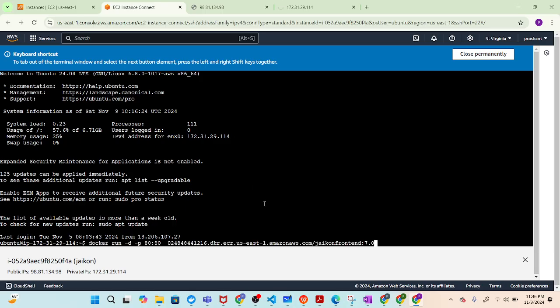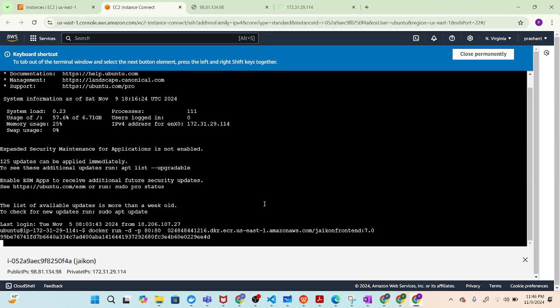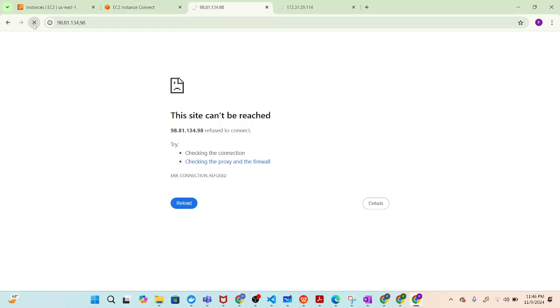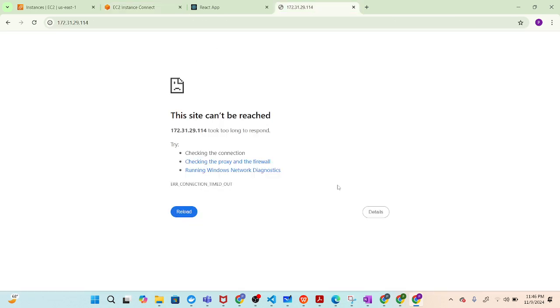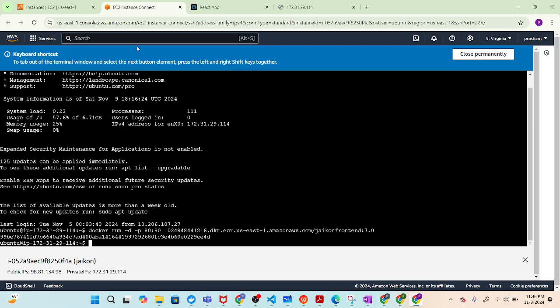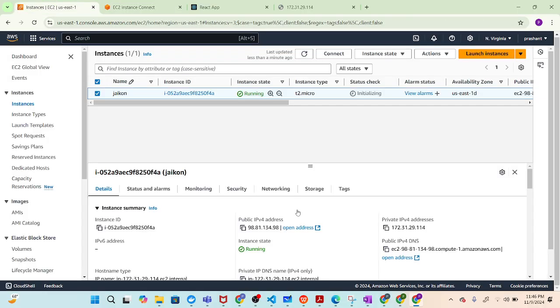Suppose I'm just running a container here. Now I will try to run it. Yeah, so it is working now. But it is not working on this IP. This is the same instance address, but it can't be accessed over this IP, but it can be accessed within